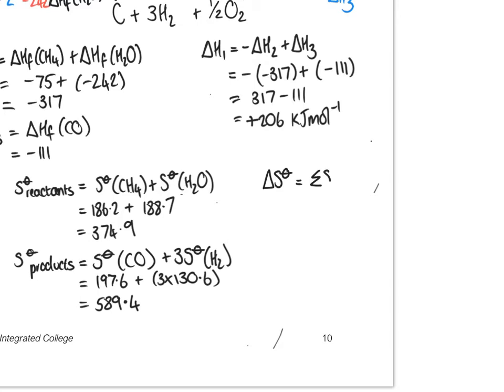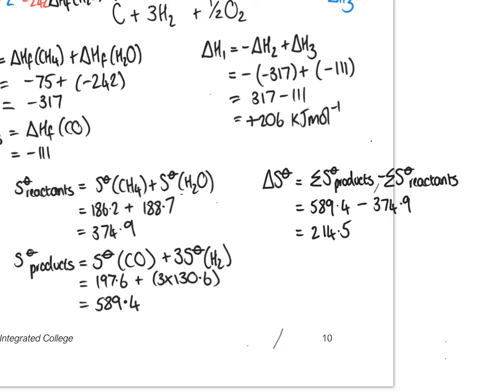Products minus reactants, great. So the entropy of my products minus the entropy of my reactants. Okay, so that's going to be 589.4 minus 374.9, which equals